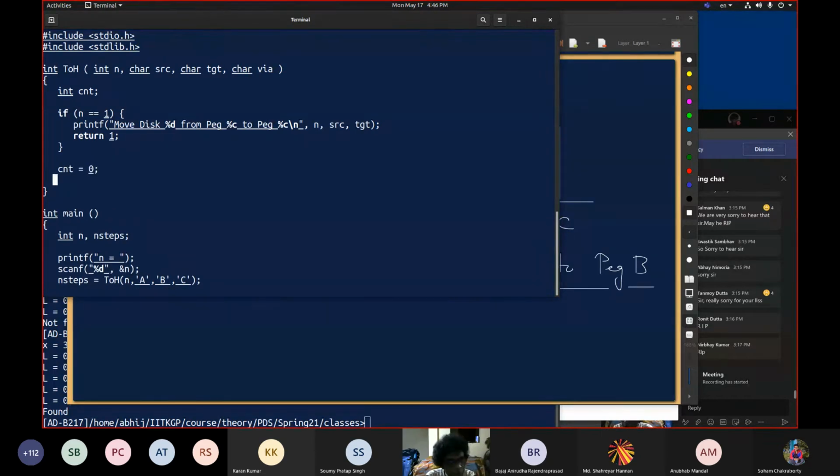Initialize to 0. Then I add 2. Tower of Hanoi. This time I am